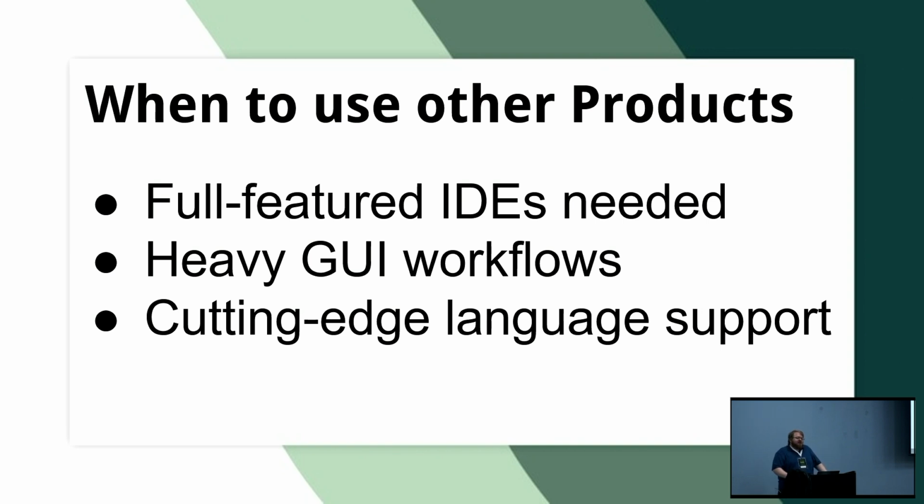And then cutting edge language support. Vim does best with C, does best with Java, does best with things that are older, just because it is older and its heyday was when we were seeing a lot of text terminals still and command line stuff. And so it is great with that. It's not always great with whatever we're throwing out that's the new hotness. It does okay with Go, but Rust right now is certainly lower support, much less than it is in VS Code. And God forbid you want something like Terraform support. It will do some of the JSON config information, but it doesn't always understand what Terraform is doing or what a command is, where it starts with the template, etc.